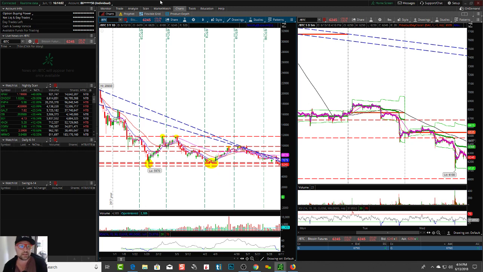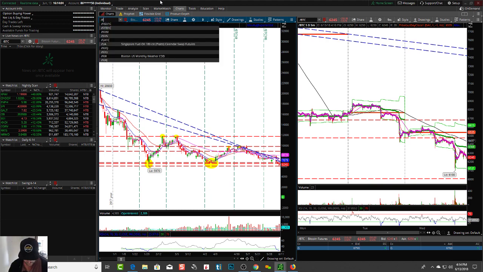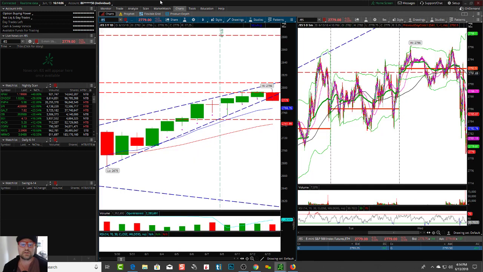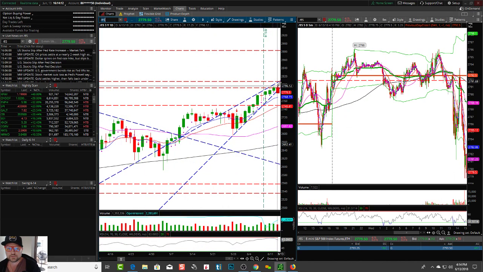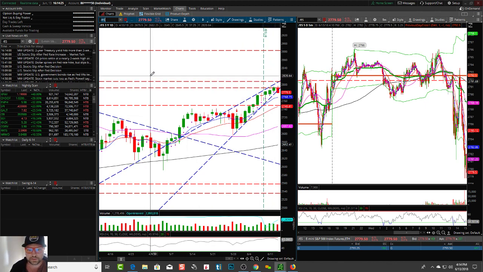So that being said, let's go back over here to the futures, and you're going to see it might be taking on a bearish look. It's looking bearish at the moment, and it's failing right over in here. So it might be failing outside of that rising wedge. Does that mean the stock market's going to crash? No, it doesn't mean the stock market's going to crash. It means it's doing its thing. It's doing pattern support and resistance.